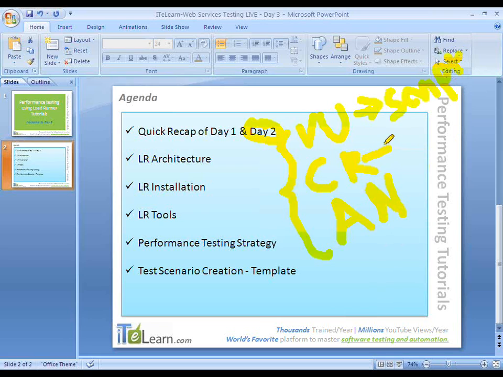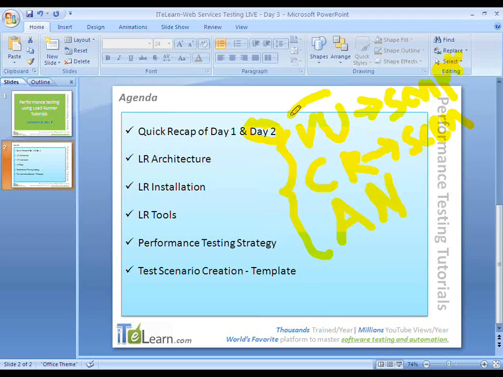The controller helps us create the scenarios. We saw the other day what a scenario is: a scenario is nothing but the script plus the number of users, or the number of parallel or simultaneous users you want.